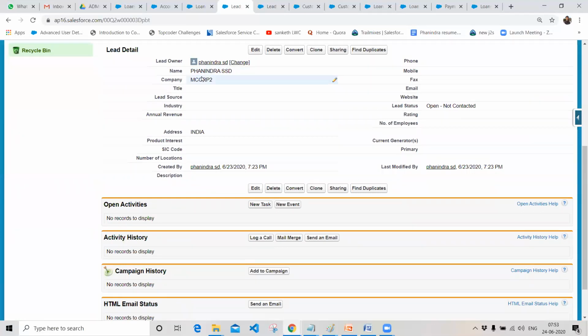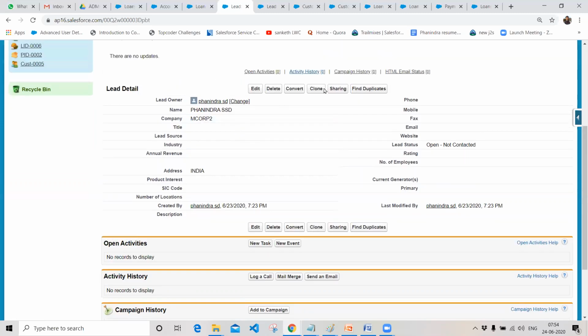So if you have some conditions with respect to your validation formulas, it will throw you a custom error message based on your conditions and the values which you have entered, and it will not save the record into the database. It is restricting the data from being saved. Validation rules check for the data validity in your record, and will throw a custom error message if the validation rule returns true, and will not allow the record to save to the database.